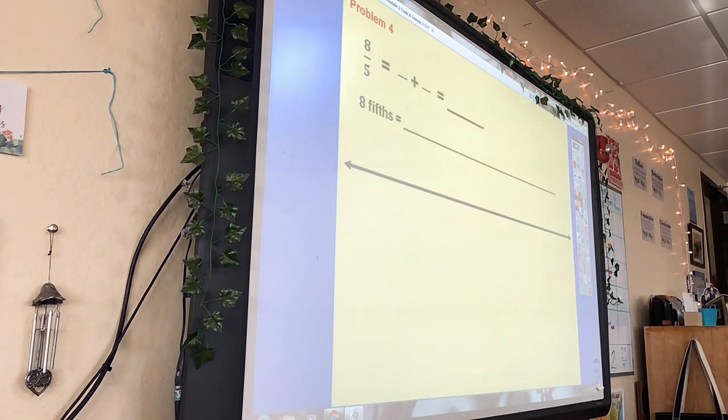Just a quick question. What number is 5 fifths going to be at? Your normal number, not the fraction. Not 5. What is 5 fifths? Yeah, so it'll be the 1. Okay. 5 fifths is that. You're looking at